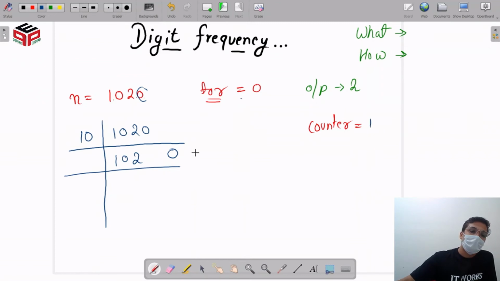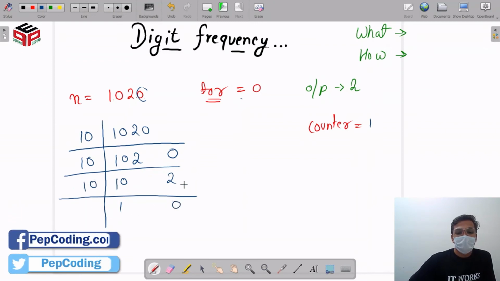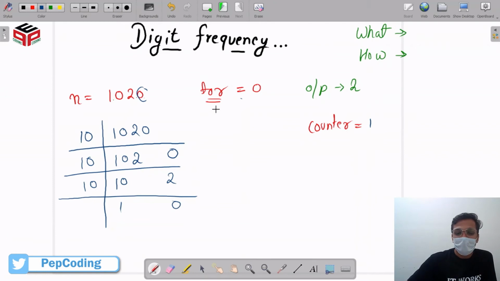When the value of the target and the remainder are the same, we increment our counter by 1. Now when we again divide this number by 10, our remainder is going to be 2. This time the remainder and the target are different, so we do not increment our counter. Again we divide by 10, our remainder is going to be 0 and the remaining number is 1. Here the remainder and target are the same, so we increment our counter by 1, so our counter is going to be 2.